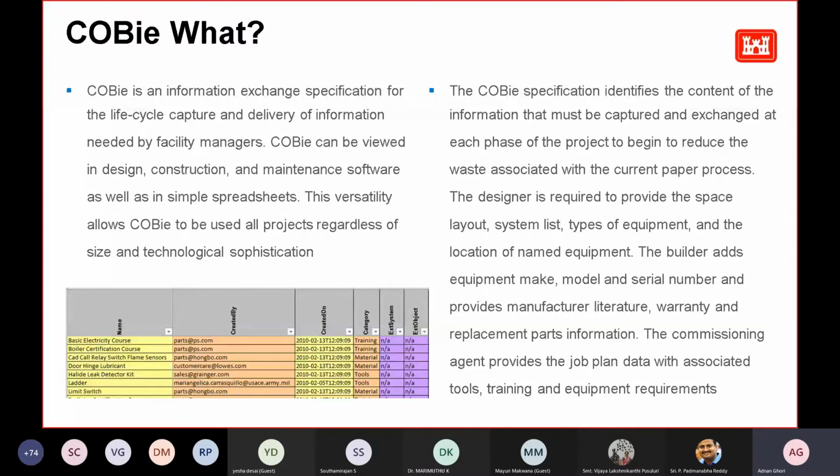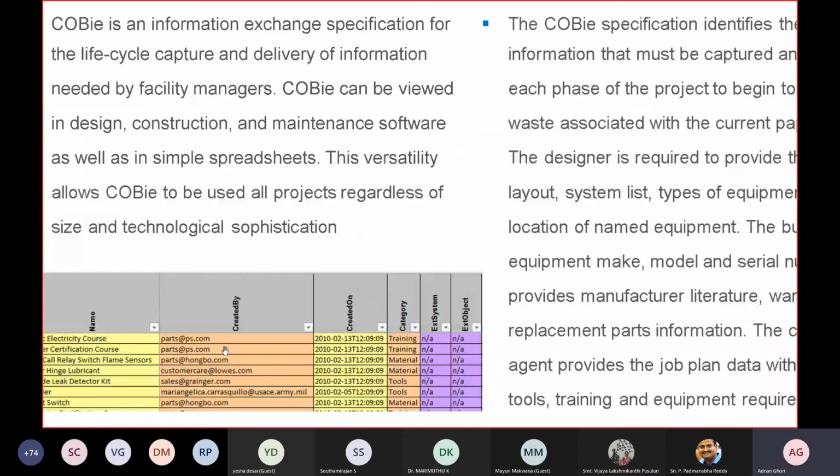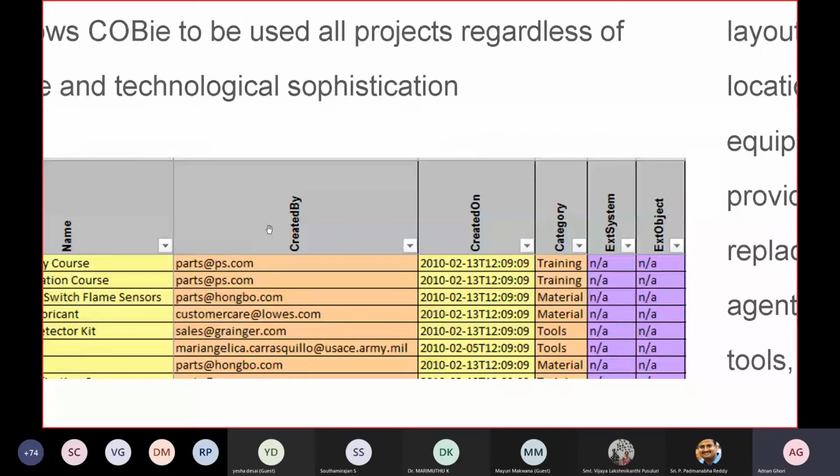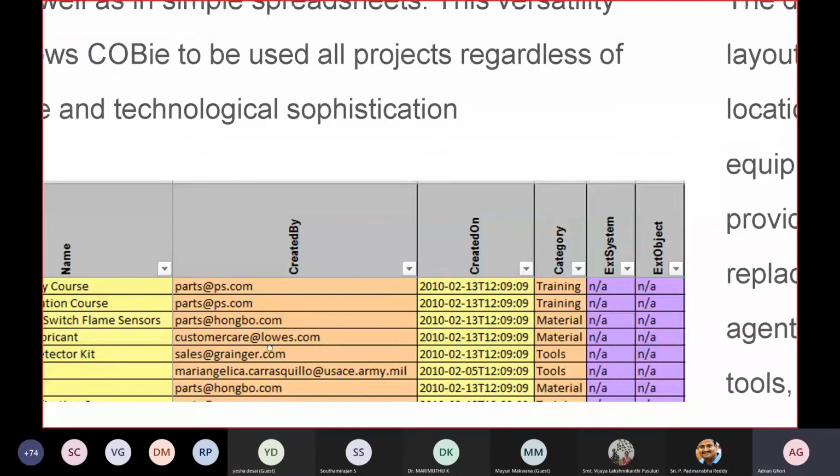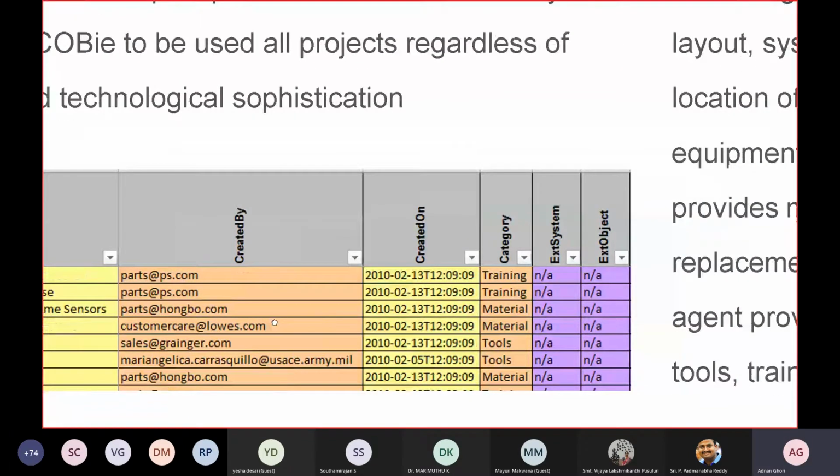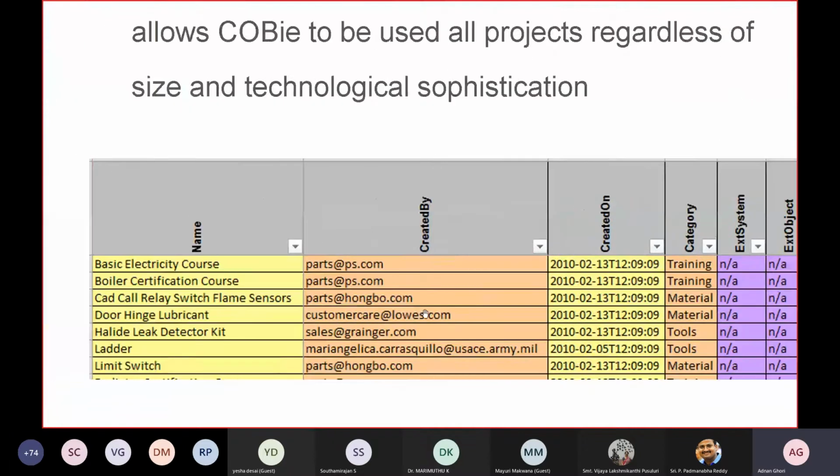It's a kind of spreadsheet which lists all the items used in the model with their manufacturing date and the person who created it. As you can see in the image here, an email address means it's created by so and so person. You specify the mail ID as well as the contact number. So if any problem happens, or any repair or renovation work needs to be done, you contact this particular person.